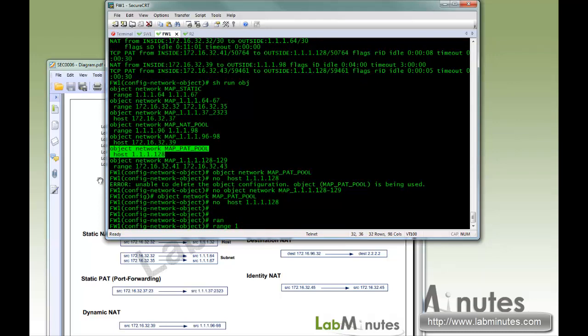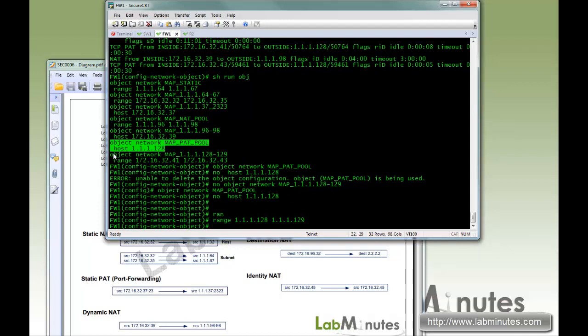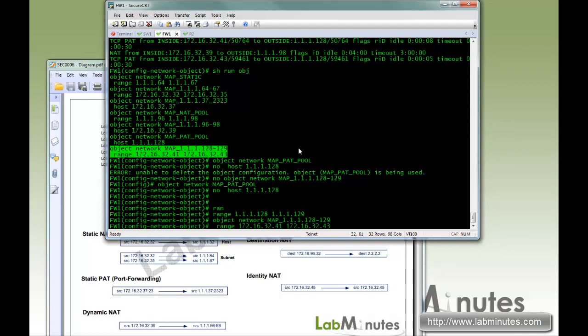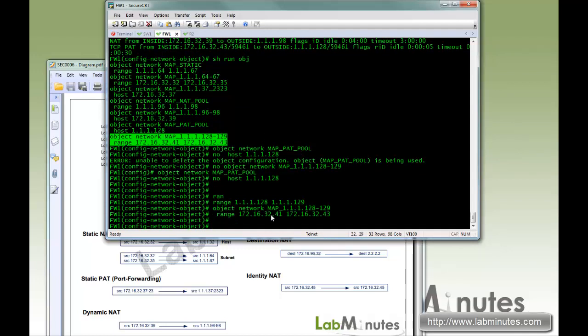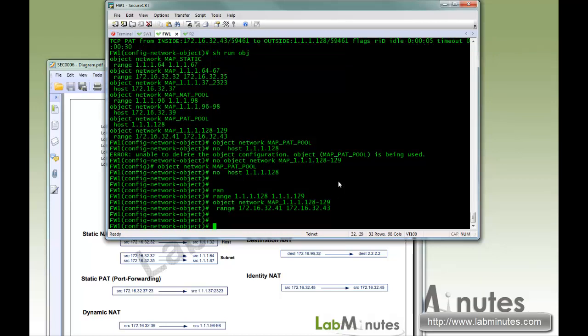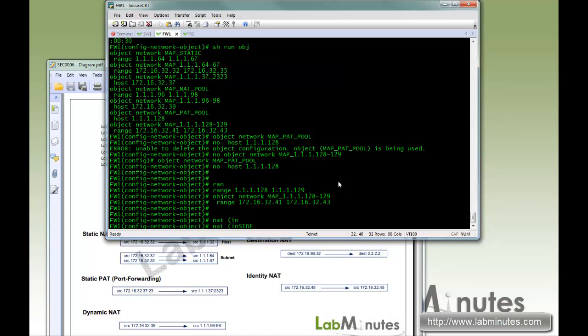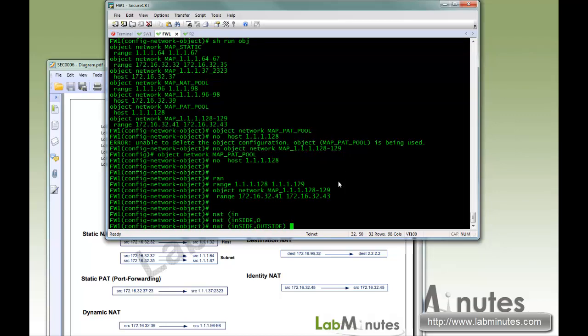Okay, now we're going to do range 128.129, and let me put that back in for our test range, and then back to our NAT command, inside, outside,